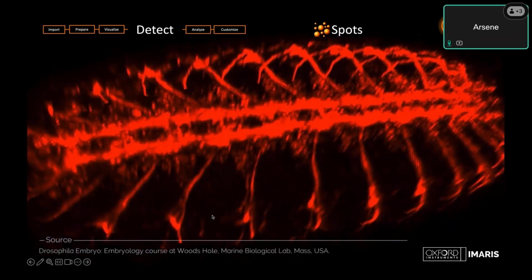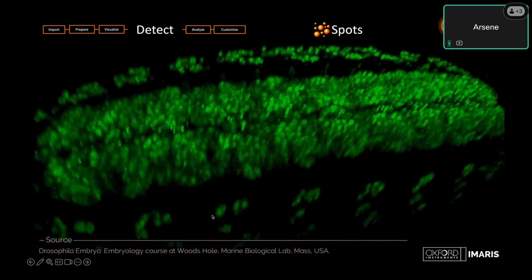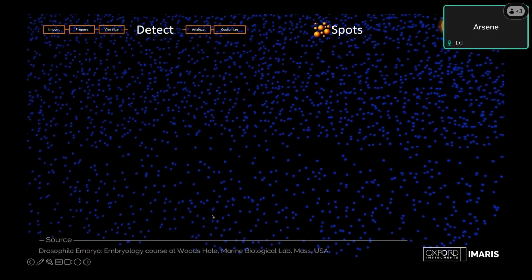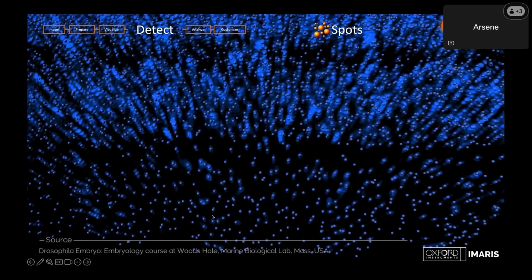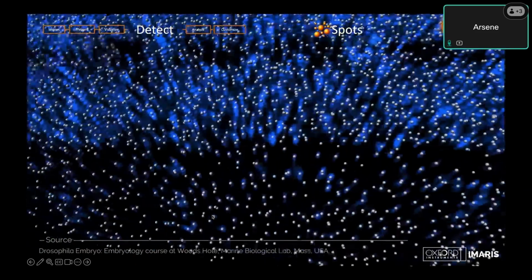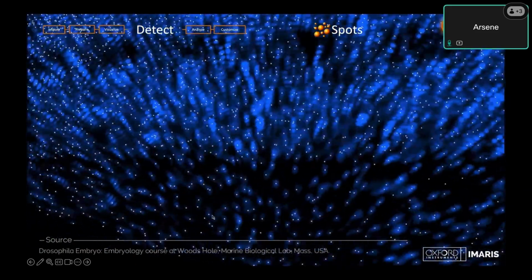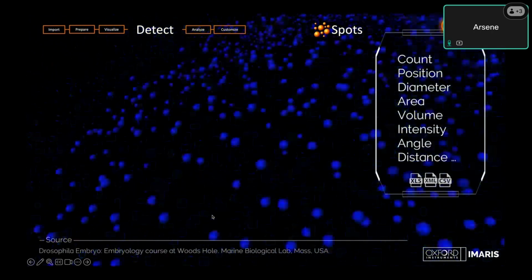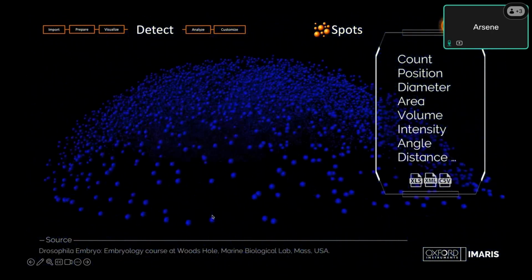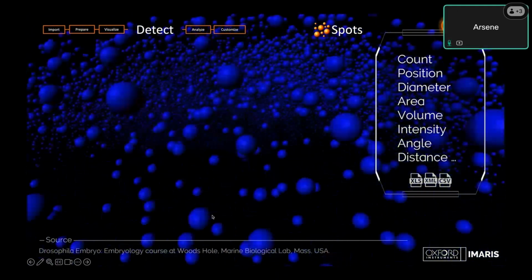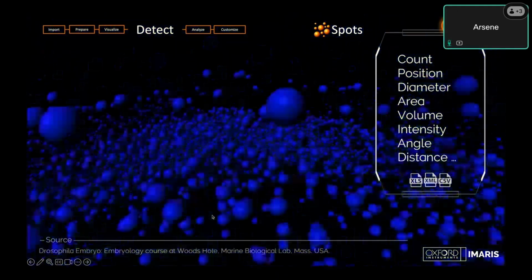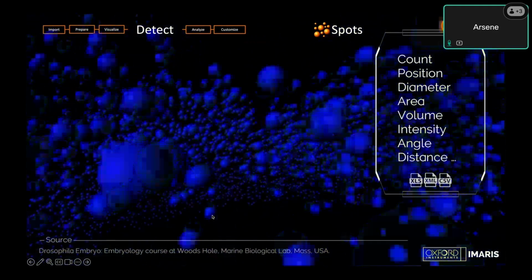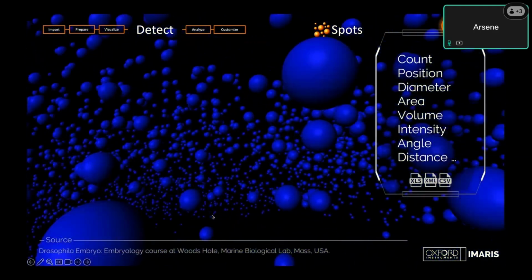Spots are useful to perform a quick count of roundish spherical spot-like shapes. For example, in this example, the nuclear staining in blue, if we want to count the number of these cells, we can very easily use the spot tool to detect the intensity center of these nuclei and count the numbers. Once the spots are created, we can extract statistics like number counting, position information, diameter, intensity, distance, etc. Over more than 30 different statistics